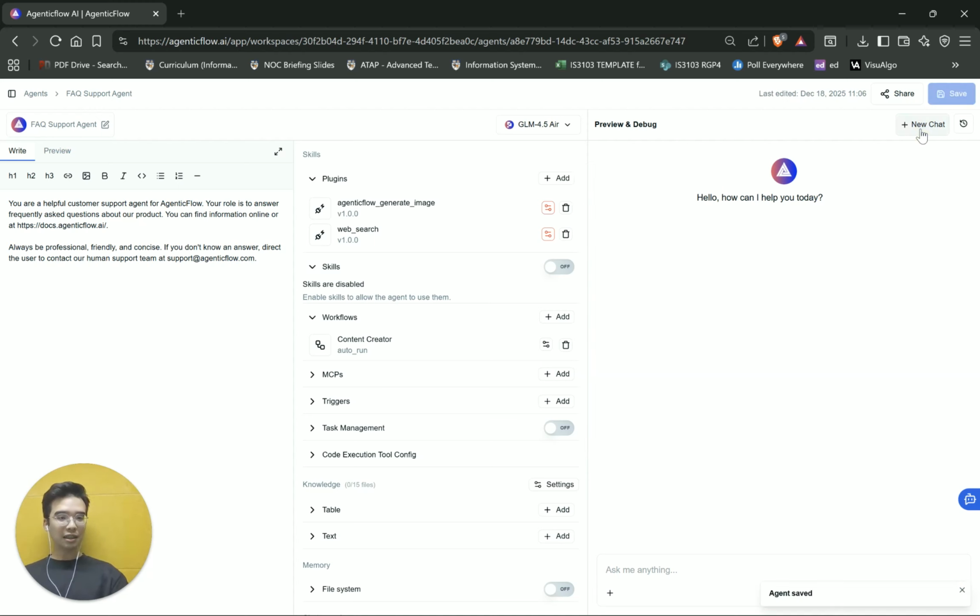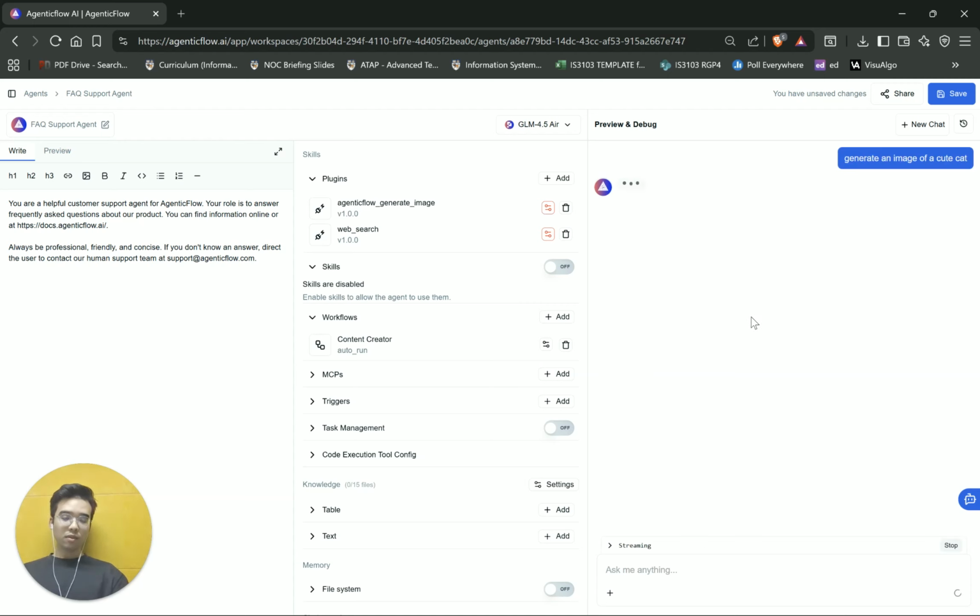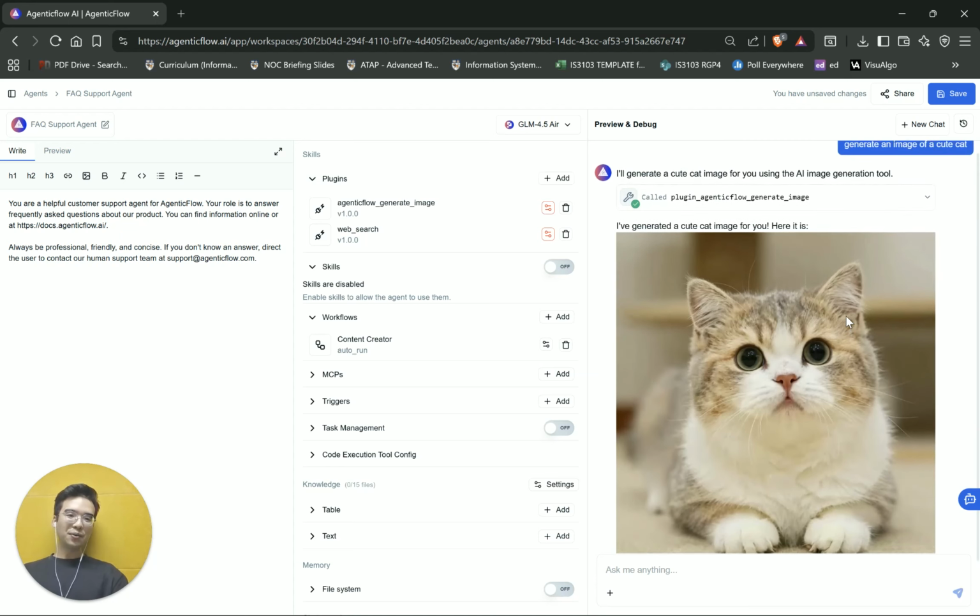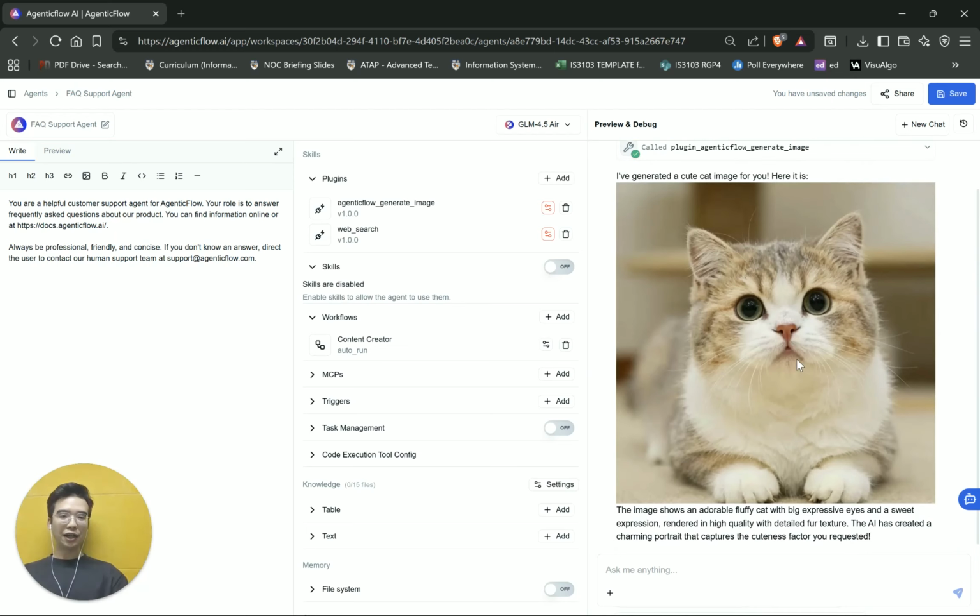So I'll just hit the save button, start a new chat, and I'll just, making use of the plugin, ask this agent to generate an image. So I'll just tell it to generate an image of a cute cat. Okay, just give it a moment. And we can watch it call this generate image plugin. So as you can see, the plugin is called, and then immediately you get the generated image right here,